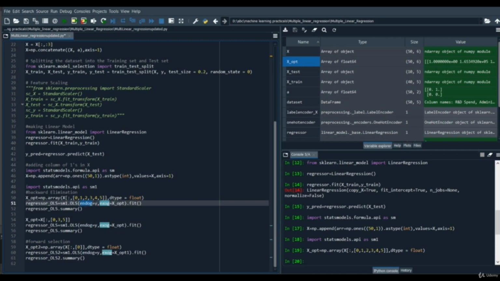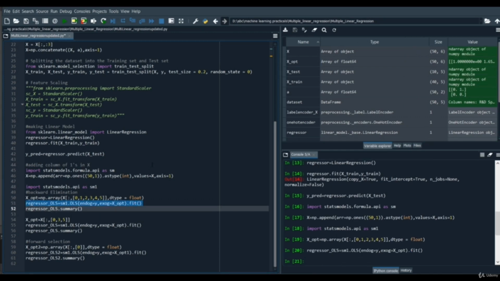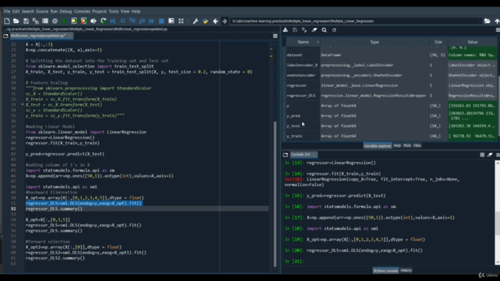So in endog we passed y, and in exog we passed x_opt, that is our new independent variable collection. And then we use the fit function to fit it into our regressor_OLS statsmodels API. After executing this line of code, you can see that we got an object regressor_OLS of statsmodels API and then we use the fit function to fit it into our model.